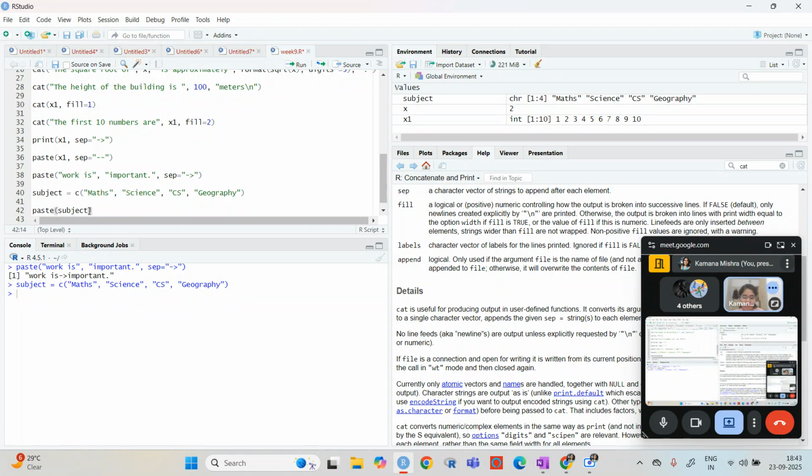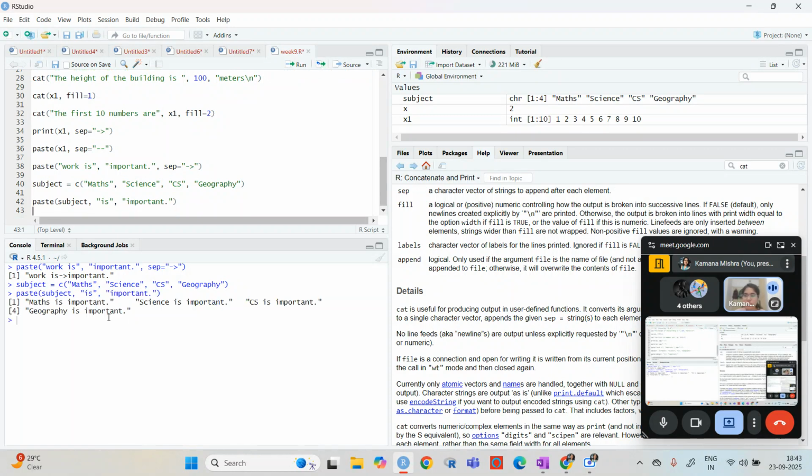Okay, now if I want to paste it, then I can just paste subject, and then I can paste content. Okay, so now you can see that it is coming like this. Even if I want to write it inside one inverted comma, that is also fine, nothing is going to change.